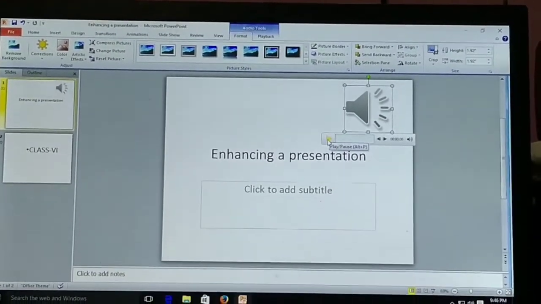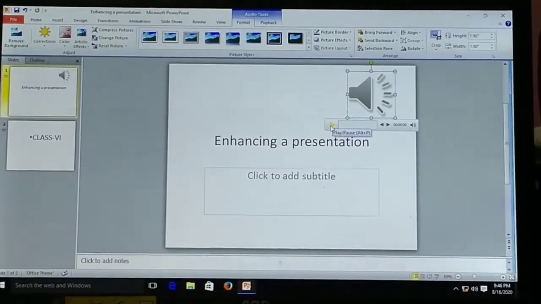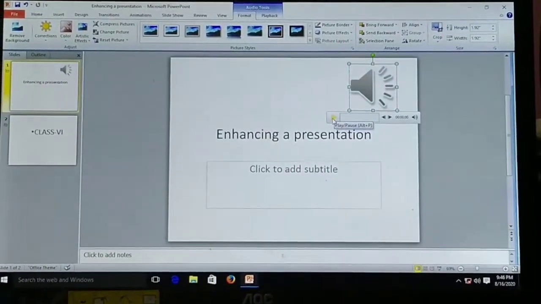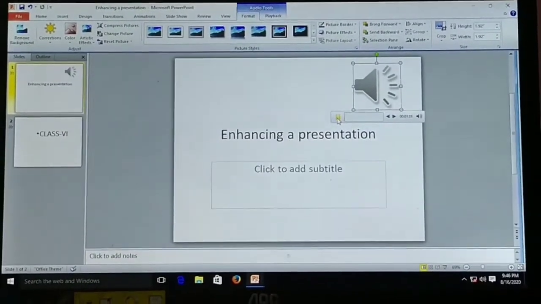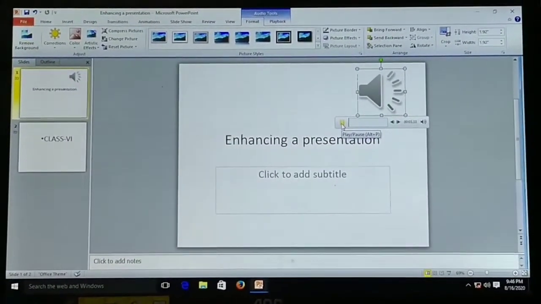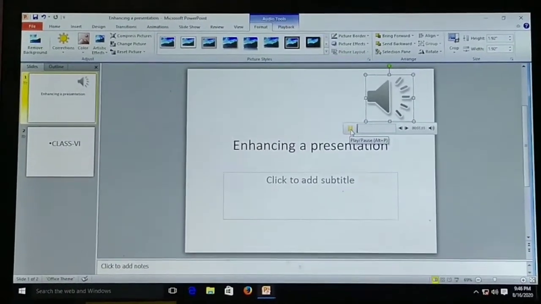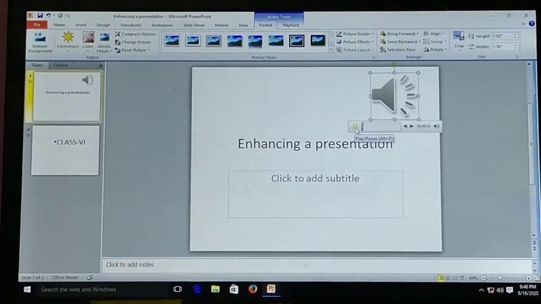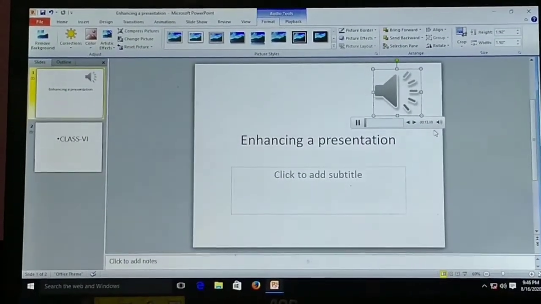You can also see the shortcut key for play and pause, Alt plus P. If I click on it, it will start the sound coming out through the audio file. Okay, you can see the timing is given.